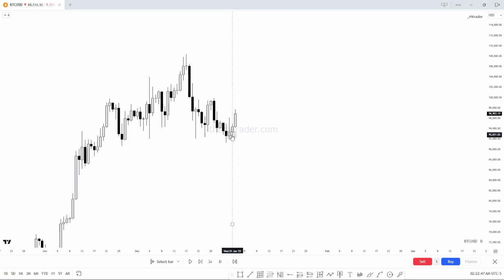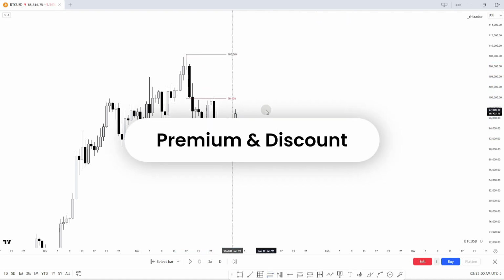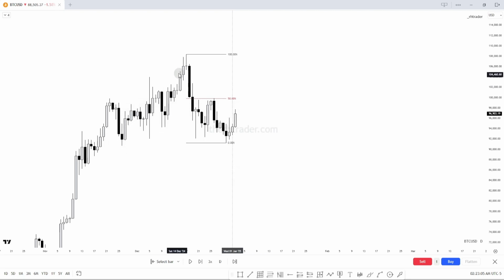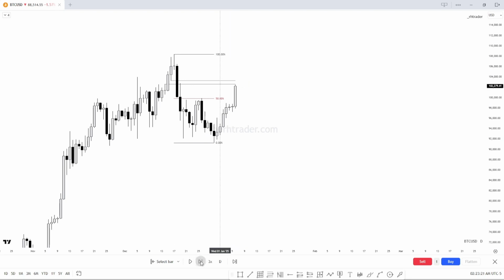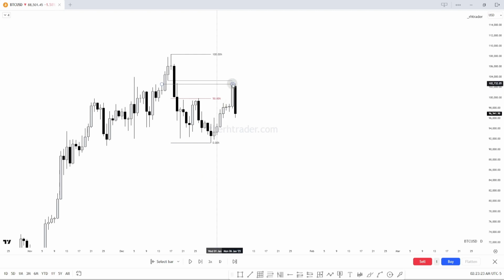But before price wanted to get to this level, we had a Judas swing or a false move to the upside. So once price started to move higher, I plotted down my premium and discount levels, and the level which I spotted in the premium is this balance price range. So we had a clear premium level right here. So I waited for price to get to this level first. So once price reached here